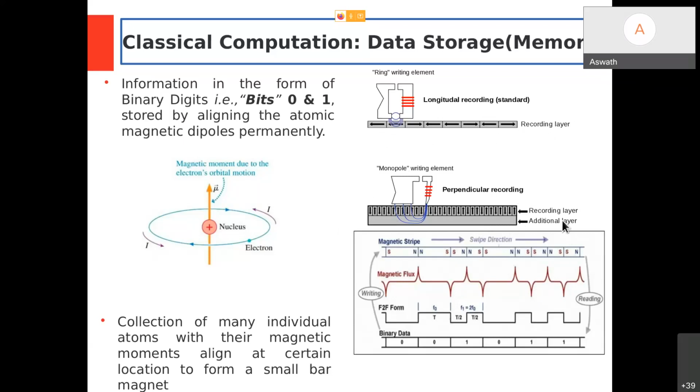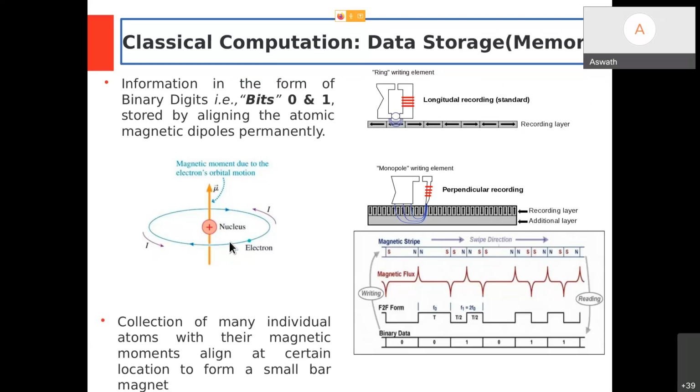It's again engineering aspects which we are not getting into. So the idea we are taking from this slide is that the information of bits, classical bits, is stored on a magnetic strip or magnetic hardware using many atoms at a time. Not a single atom; there are many atoms in the strip which store the information of 0. Together they constitute the information of 0, right? So it requires lots and lots of atoms to store one bit.